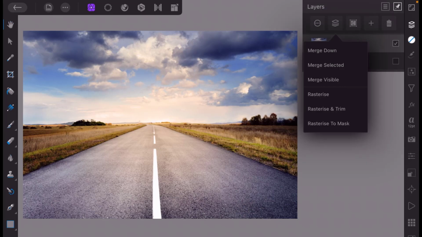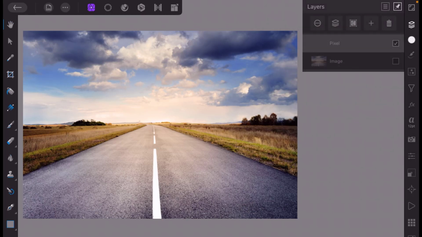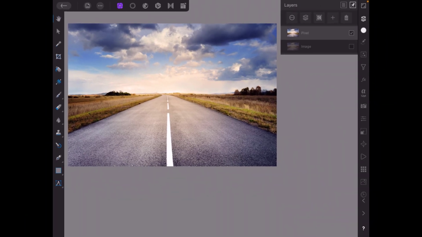So if I click on the second icon from the right at the top of the layers panel and then click on rasterize, that will change it to a pixel layer, so I can now make selections from it. So I'm going to go back to the selection persona,